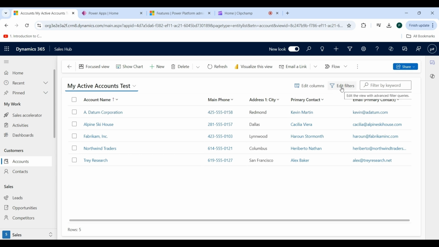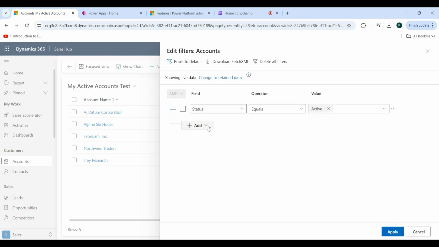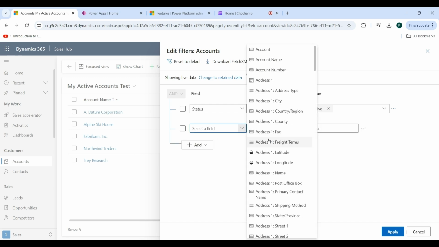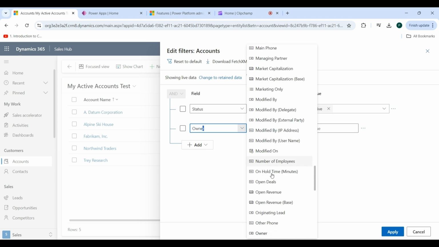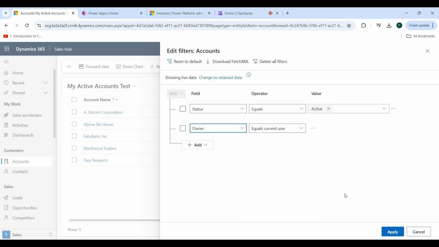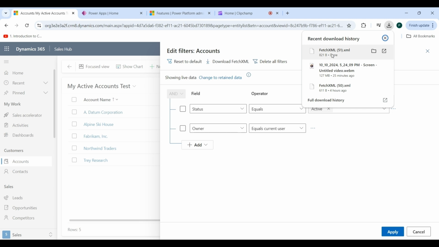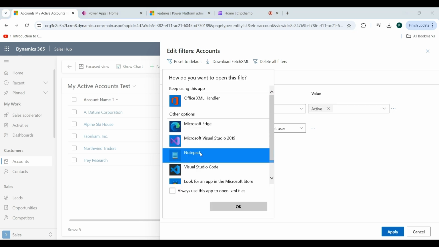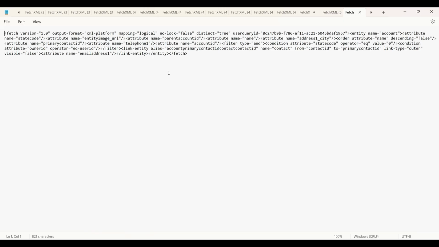Click on the edit filter, and I am adding one more field, that is owner. If you want to download the fetch XML of this filter, you can click on the download fetch XML button. Click on it and then click on the notepad. It looks like that.